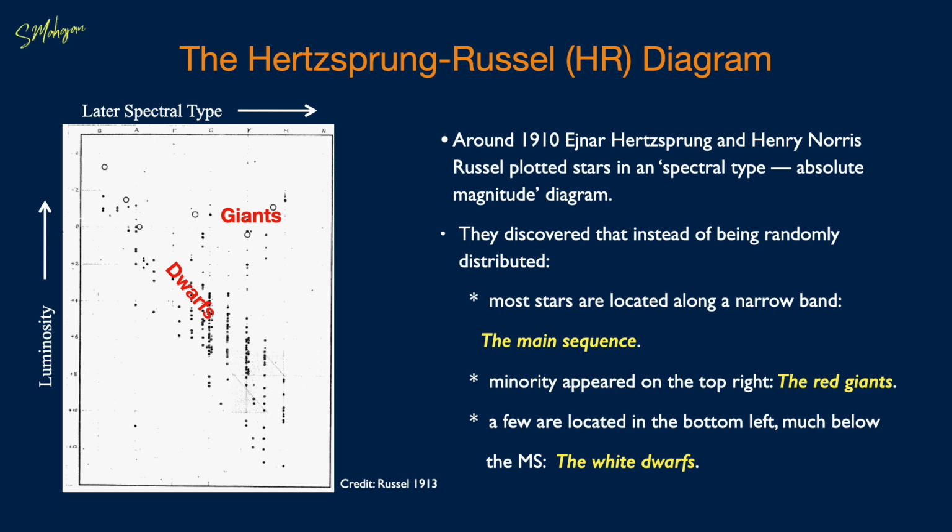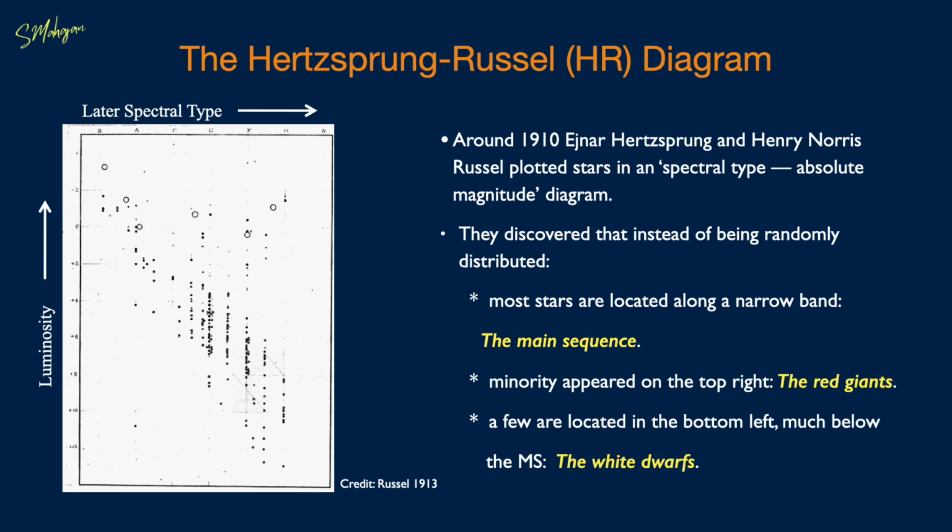While Hertzsprung presented his results in a tabular form in 1913, Henry Norris Russell of Princeton published this figure, coming to the same conclusion as Hertzsprung. He also called the more luminous stars giants and their dimmer counterparts dwarfs. The band containing hot O to cool M stars is the main sequence, which includes 80 to 90% of all stars. Although ignored by the creator, we now know that the lonely point in the bottom left quadrant is a